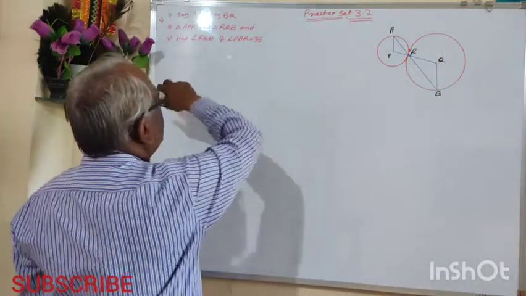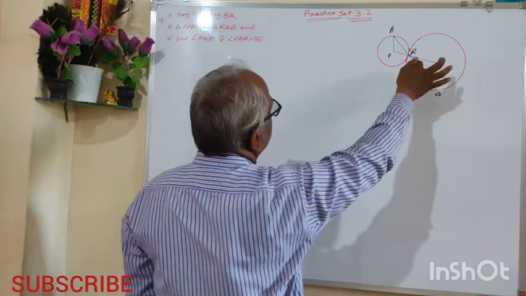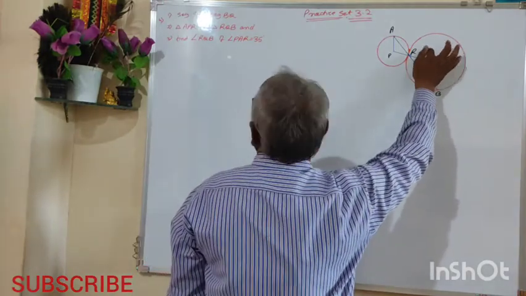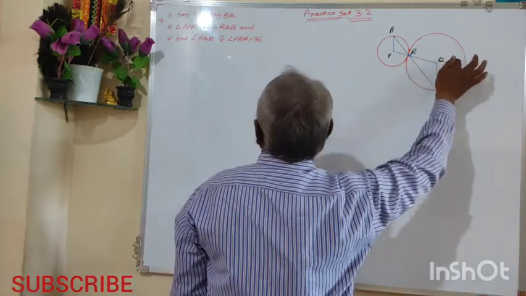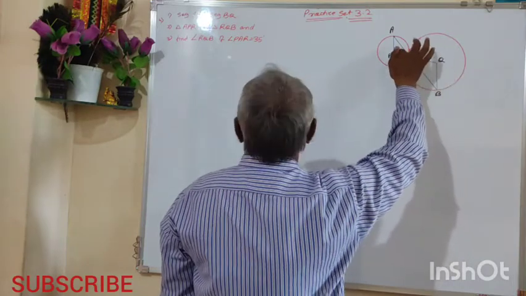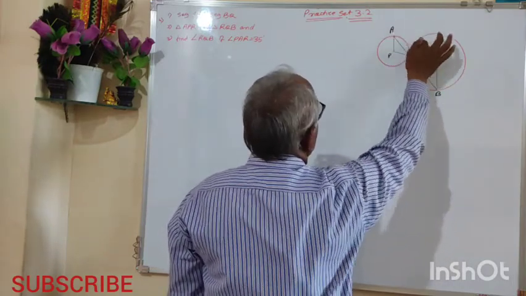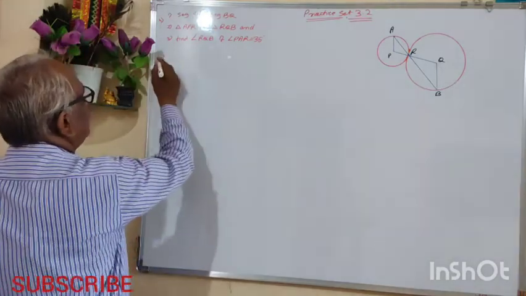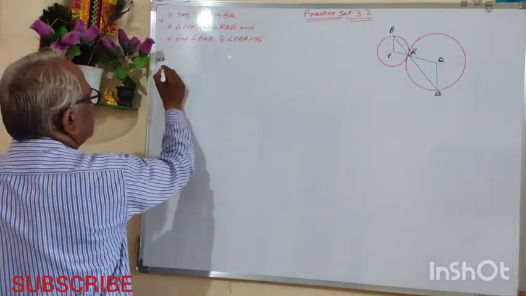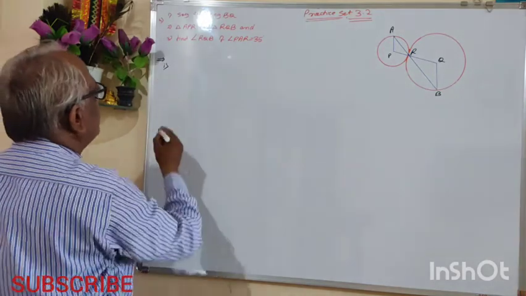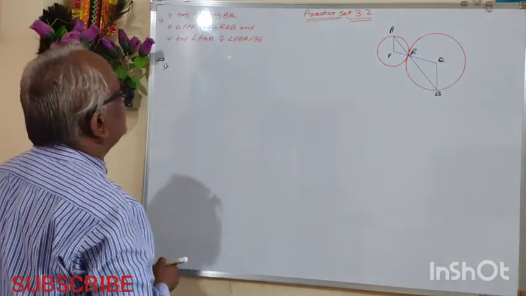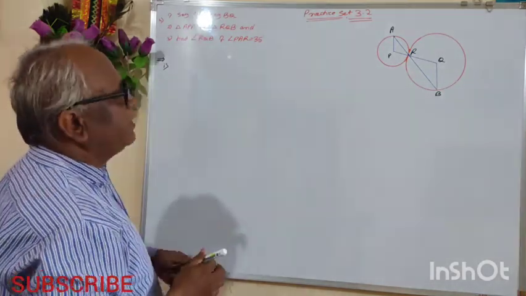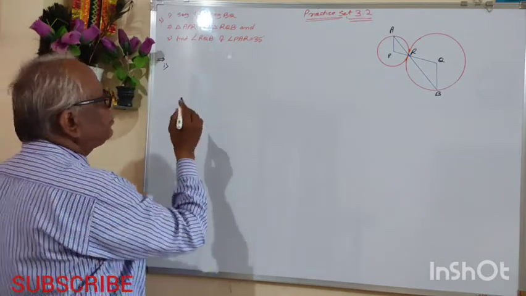And third, find the measure of angle RQB if angle PAR is given as 45 degrees. Now here for the first, we are doing the solution. First, we are going to show that segment AP is parallel to segment BQ. For that,